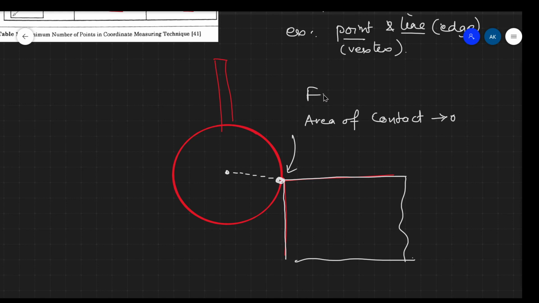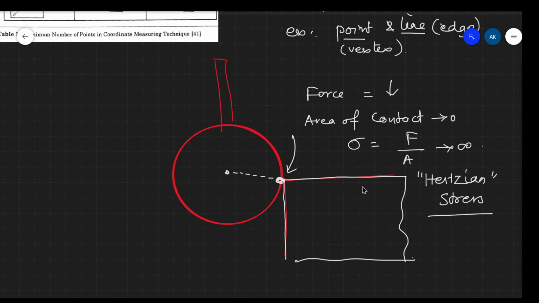So even if the force is very small, stress, which is force by area, will tend to infinity. So such cases are called Hertzian stress. It is not in your syllabus, don't worry. But this is the reason why